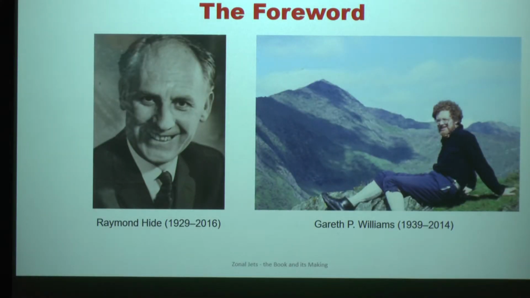Now the book starts with a foreword, and this is a little sad news about the book. We wanted to get some very prominent scientists to write the foreword, and the first one was Raymond Hide. He was a very well-known planetary and experimental scientist, working in many places, including MIT, Imperial College, Oxford, you name it. Oxford still has his big laboratory, and Peter Read is one of his students. But Raymond got ill, his wife got ill, and it just didn't work out, and he passed away before we finished the book,